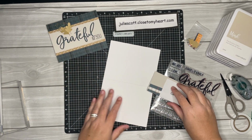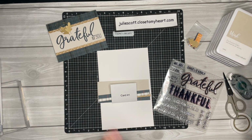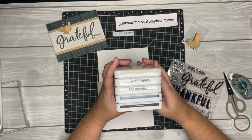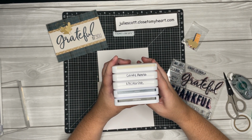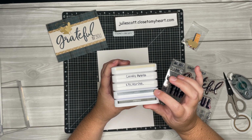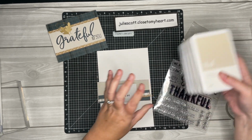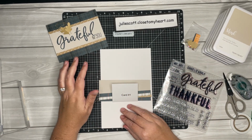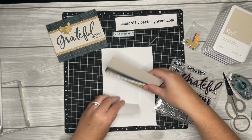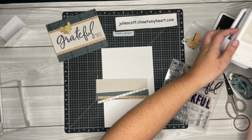Okay, so we are going to stamp Grateful. Oh, let me tell you what ink colors we're using. I forgot about that. The ink colors on this one are Mink, Candy Apple, Nectarine, Harbor, and Intense Black. Now, Harbor is a new Close to My Heart color. I highly recommend it. It is amazing. Like, it seriously, I think is one of my favorite, if not the favorite new color that Close to My Heart has just come out with. So we're going to use that Harbor